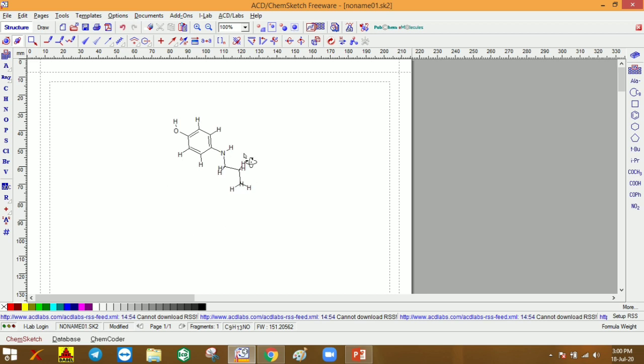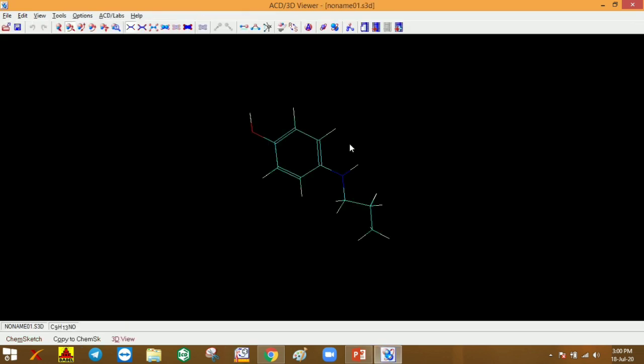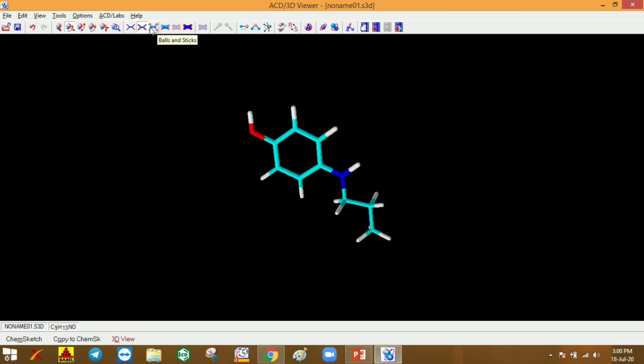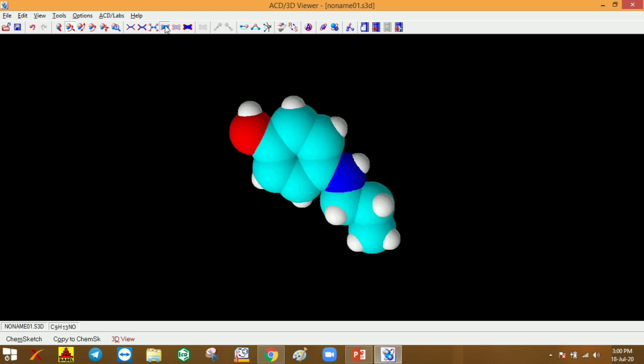And we can also click this button indicating the 3D viewer, and it is entering into the 3D viewer. Here you can observe that we can change the bond angles and bond lengths, and different types of models, ball and stick model, this is a stick model, and this is the space fill model.